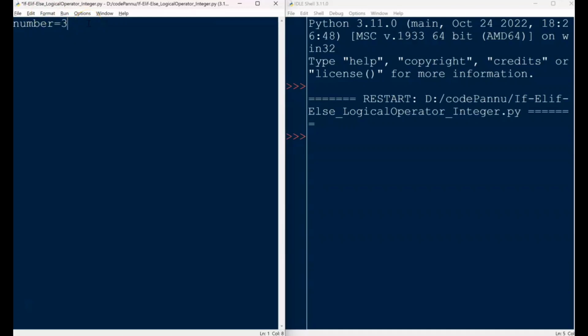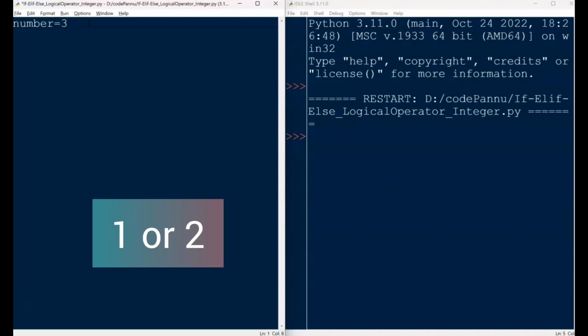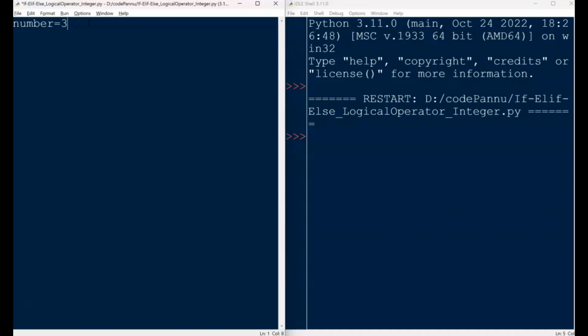Let us write our first condition to check if the picked number is equal to 1 or 2. So, we check if either of 2 numbers is 1 or 2 at the same time. So, we use the logical operator or between them. So, we write: if number == 1 or number == 2: